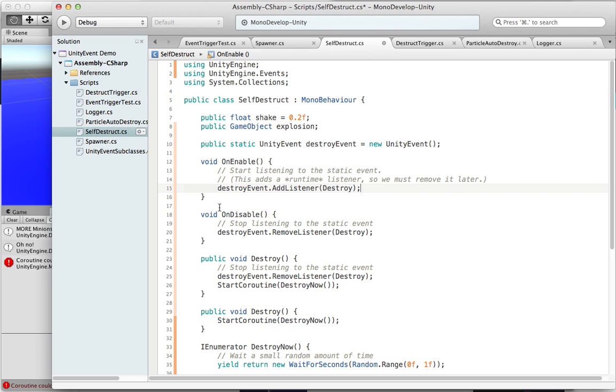A runtime listener, not so clever. These you have to remove yourself. So, in onEnable, we add the listener, and then in onDisable, we'll remove the listener. So that if the object were to be disabled or destroyed for whatever reason, we'll no longer be listening for that event. And then in the destroy method,